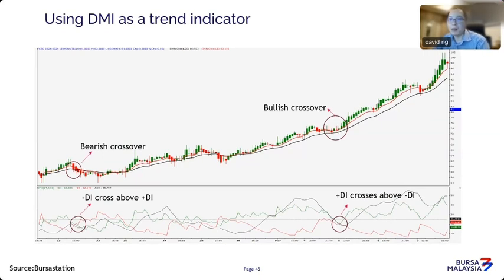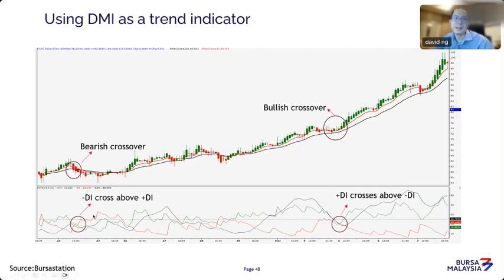Now, I just want to incorporate another indicator, which I think is quite useful. It's called the Directional Movement Index, DMI for short. There are three particular lines. I'm not going to go into too much detail on it. The calculations are all there. With the advance of Google, you can obviously go and Google the derivation and mathematics behind it. But what is important is that DMI does display trend